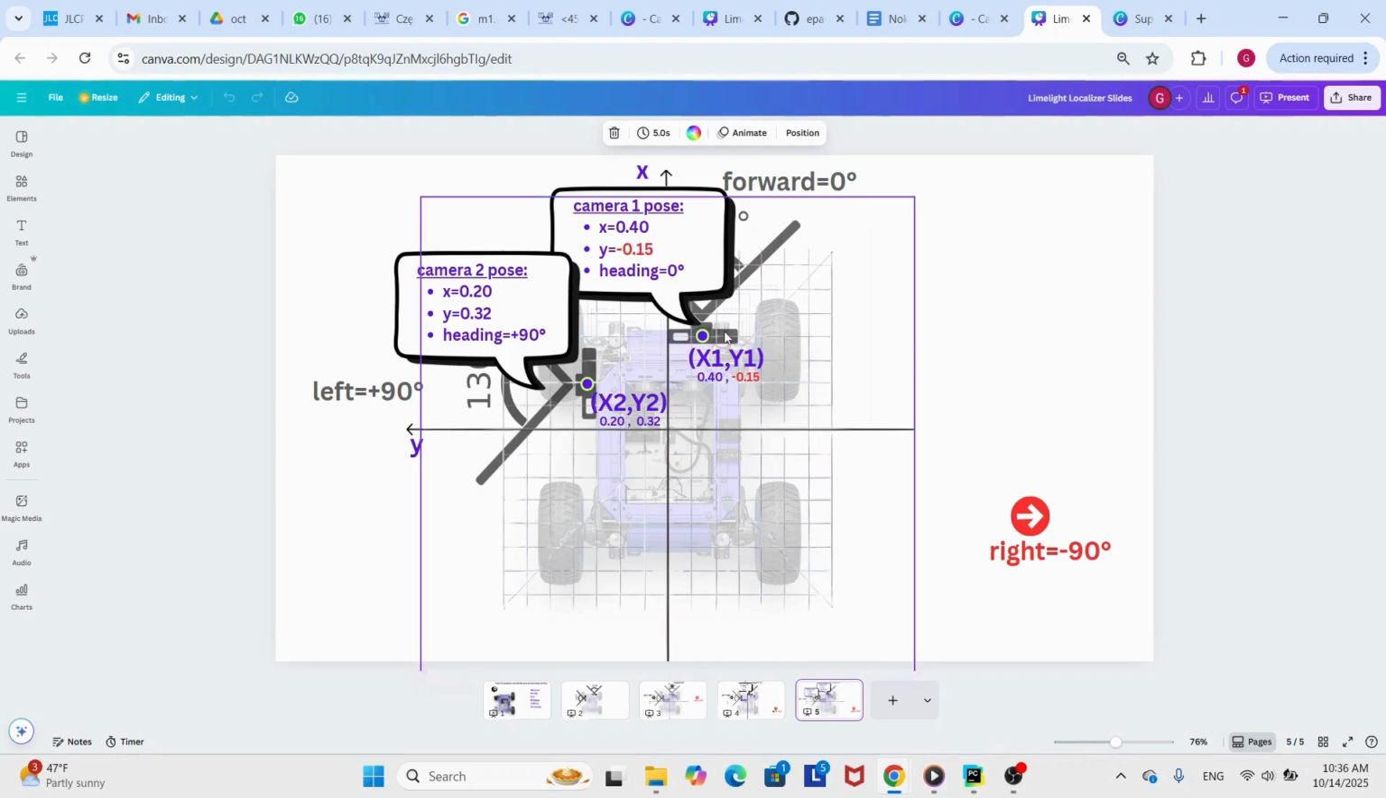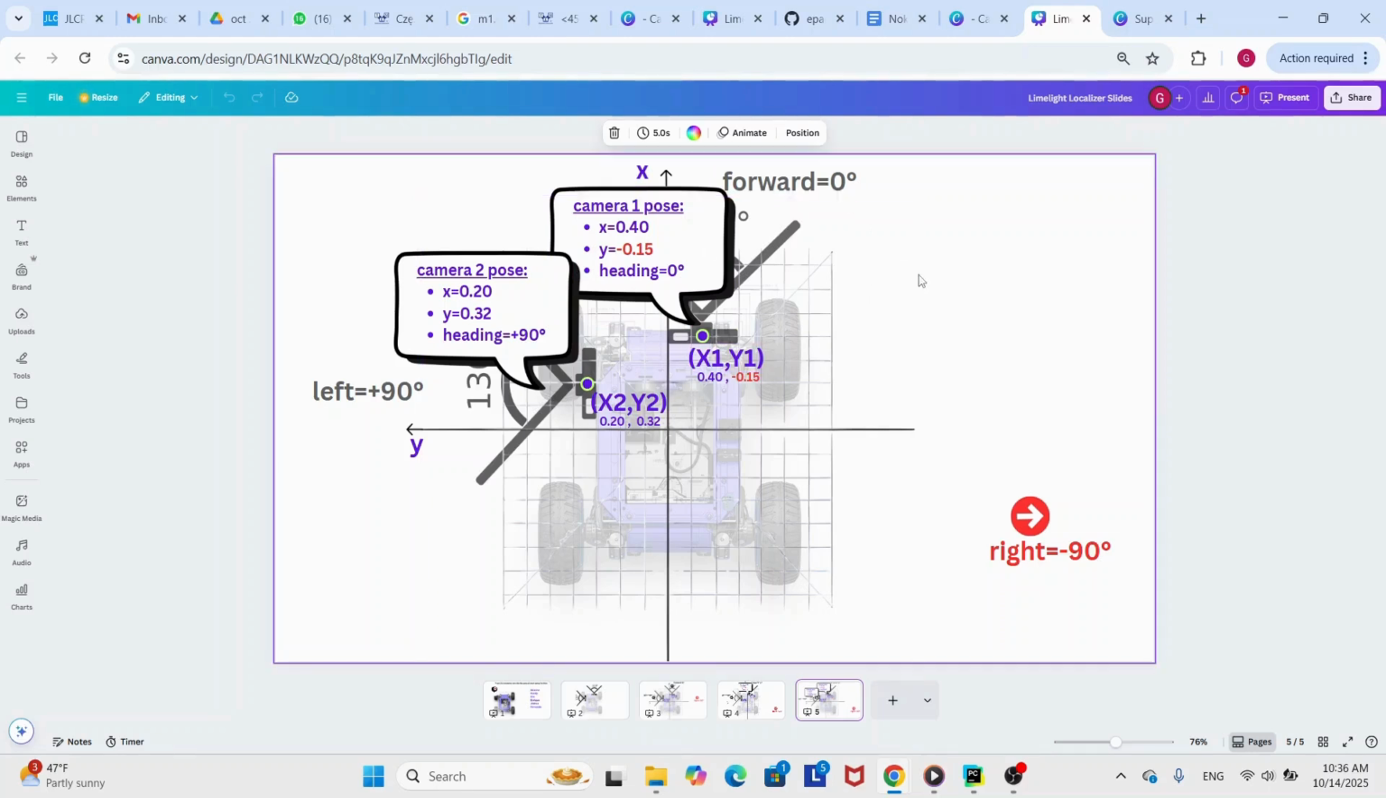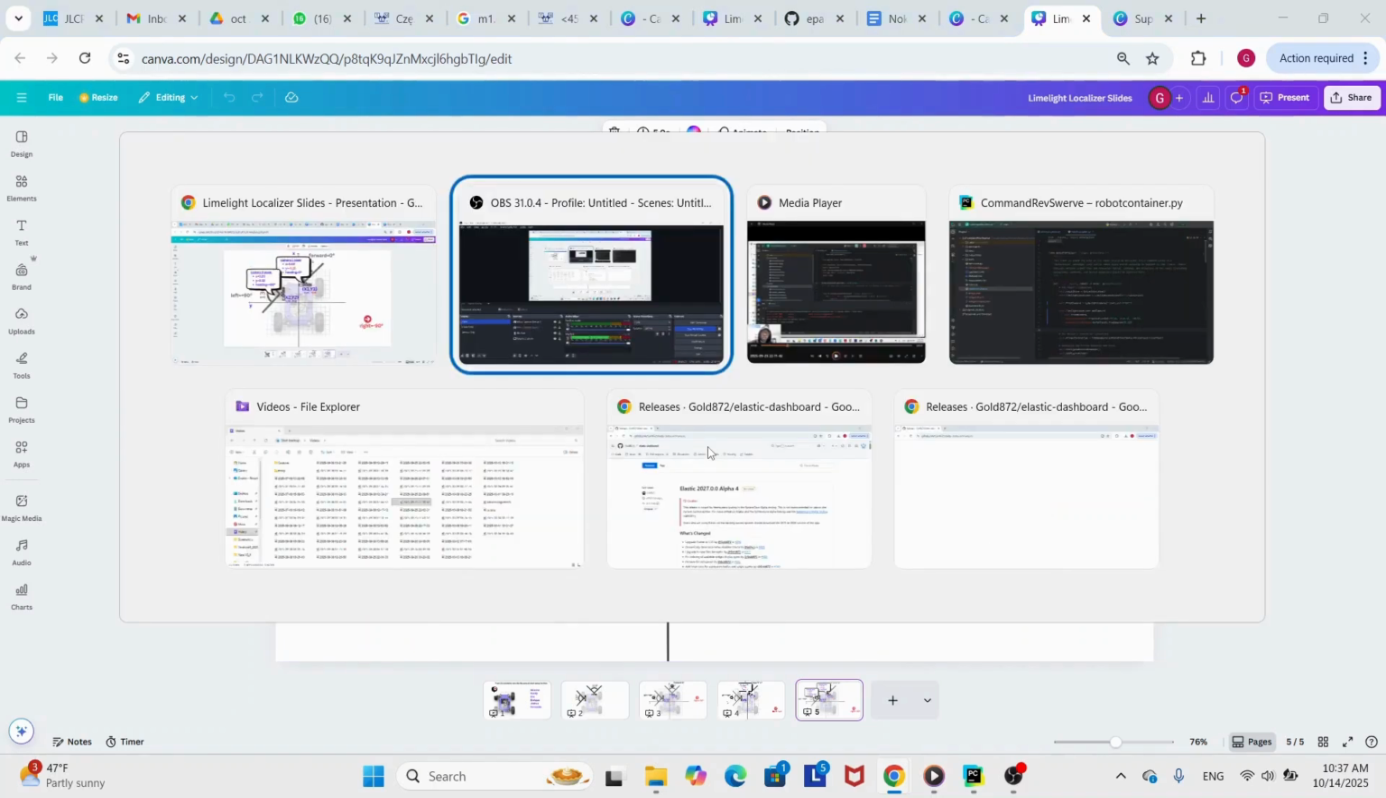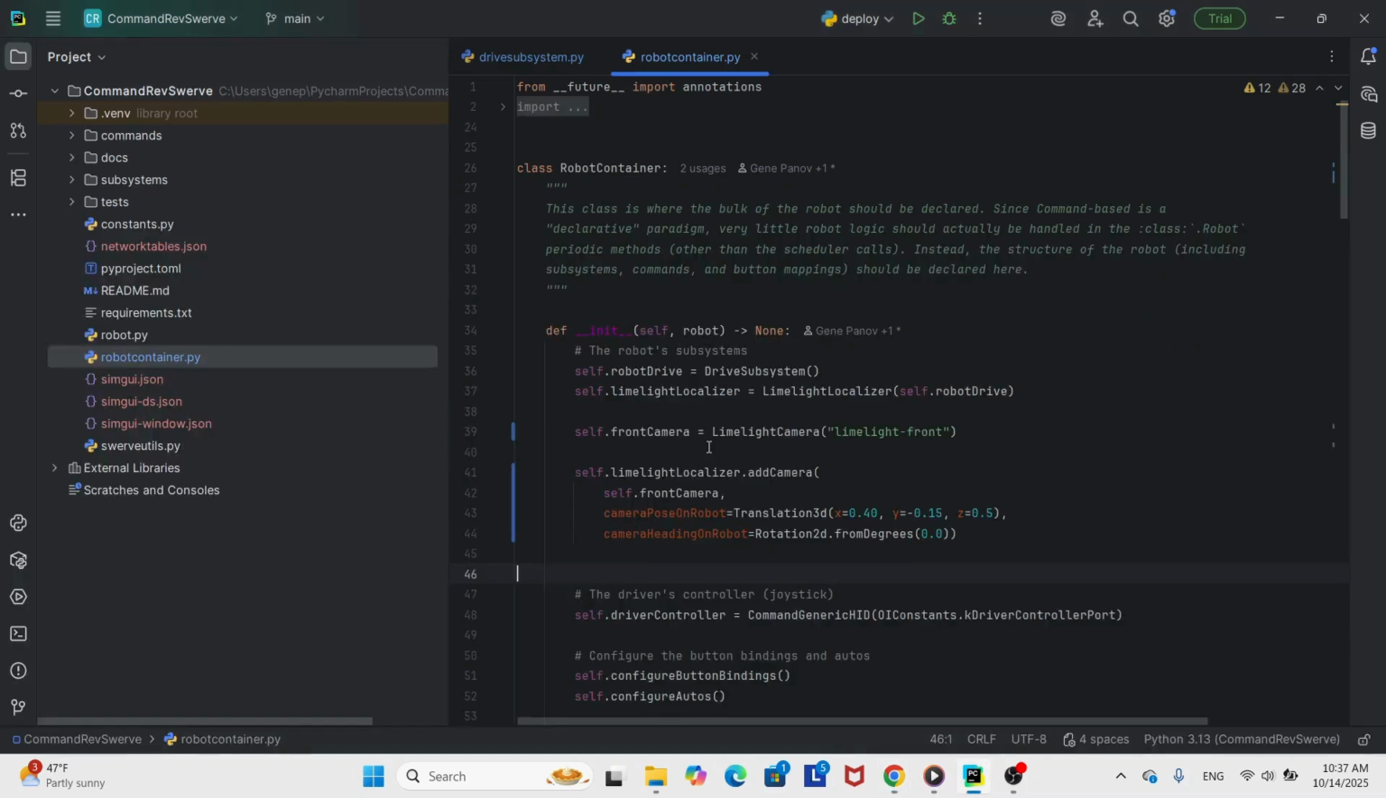Remember, for the front camera, x was 0.4, y was minus 0.15, and the heading was 0 degrees, which means straight forward, pointing forward. Now let's add the other camera, camera 2, it's the left camera. So its x and y are 0.2 and 0.32, and it's heading left, which is plus 90 degrees. So let's go to the code,